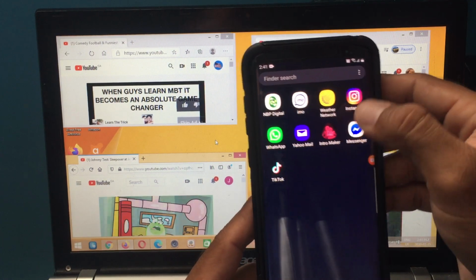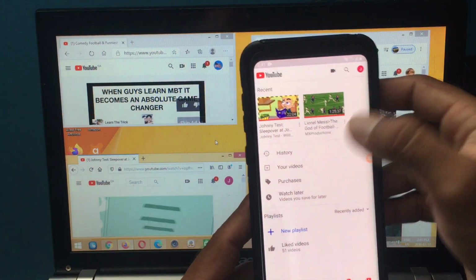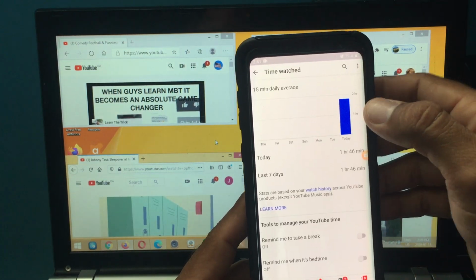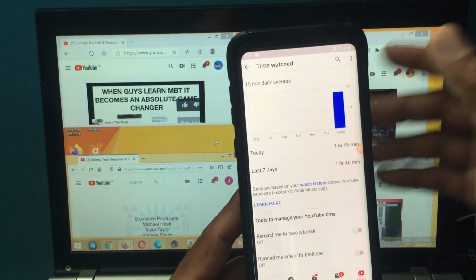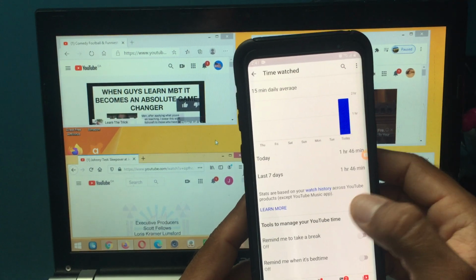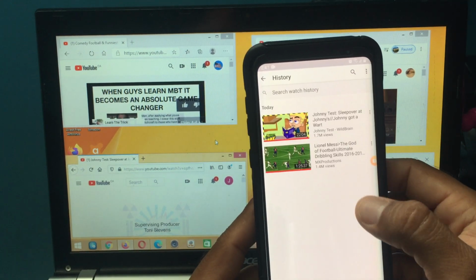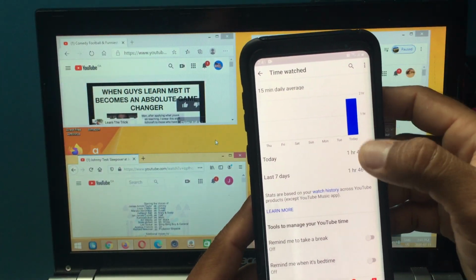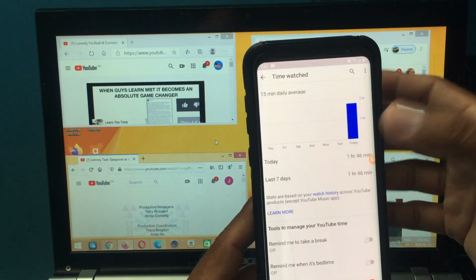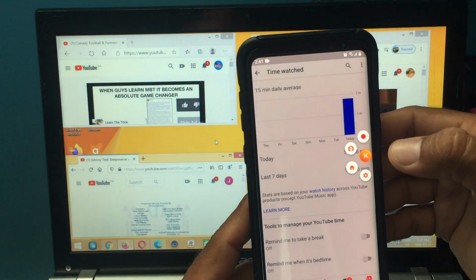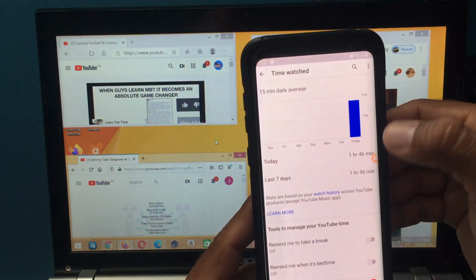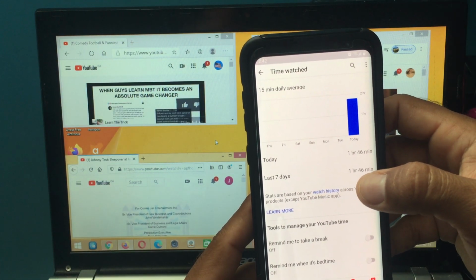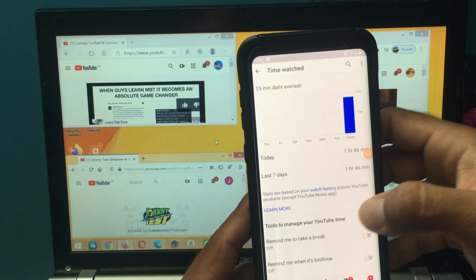So go to YouTube, profile, time watched. I want to clear this one. Before I clear, I want to have proof so that I can show someone that I have watched that video. So I'm going to start from here, because we're going to need the proof here. I'm going to click it here, and this is for the recording. Click. It's going to record within 3 seconds. Yes, so now it's recording.